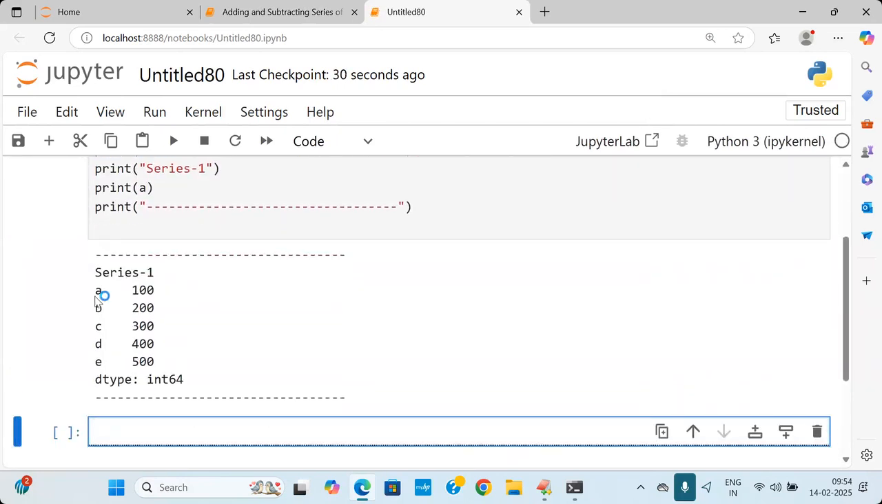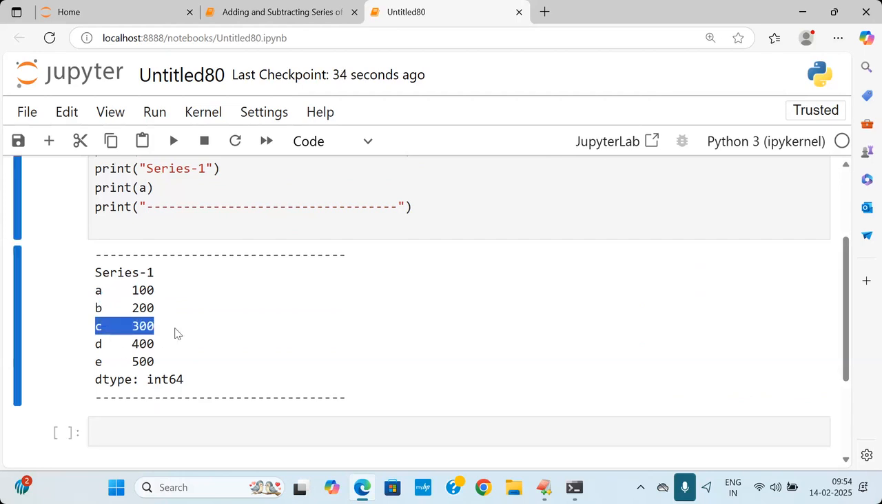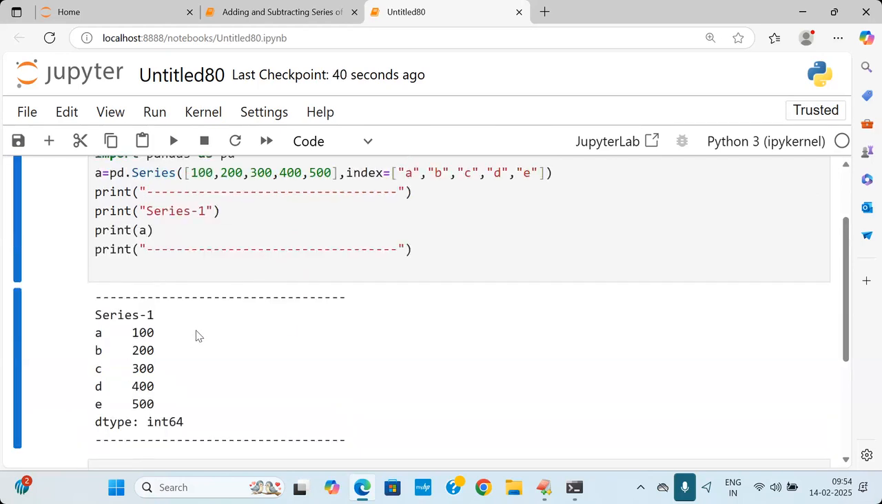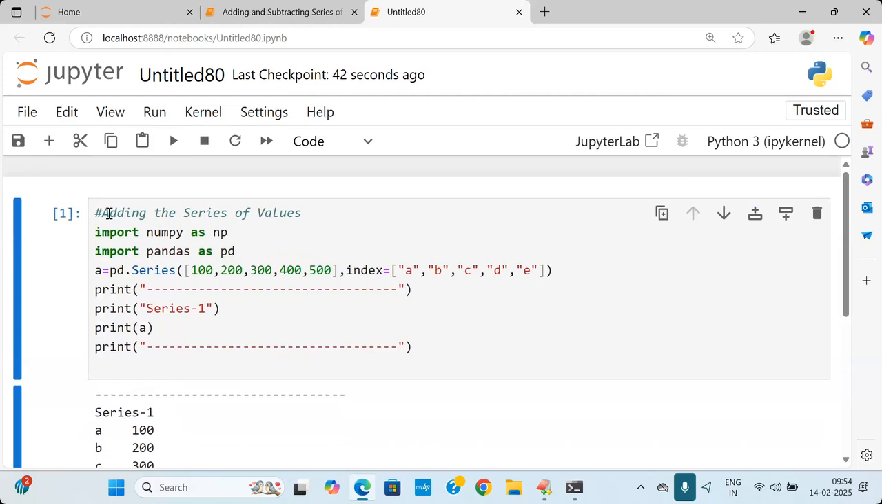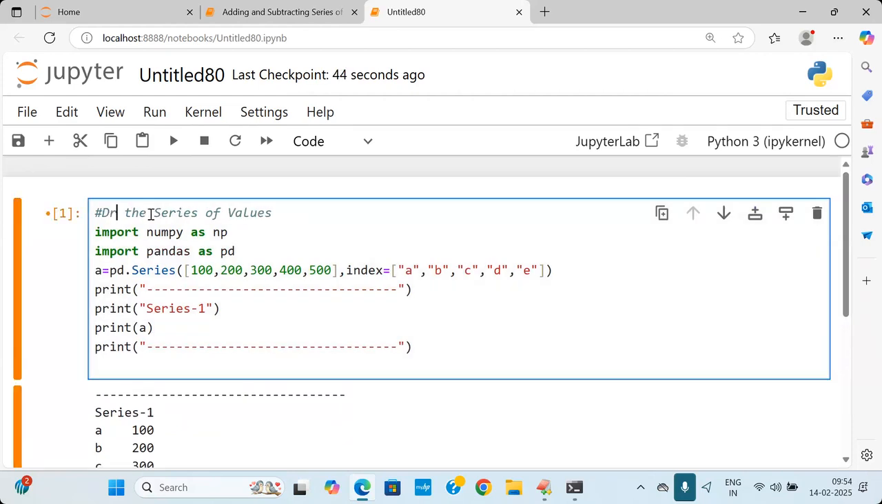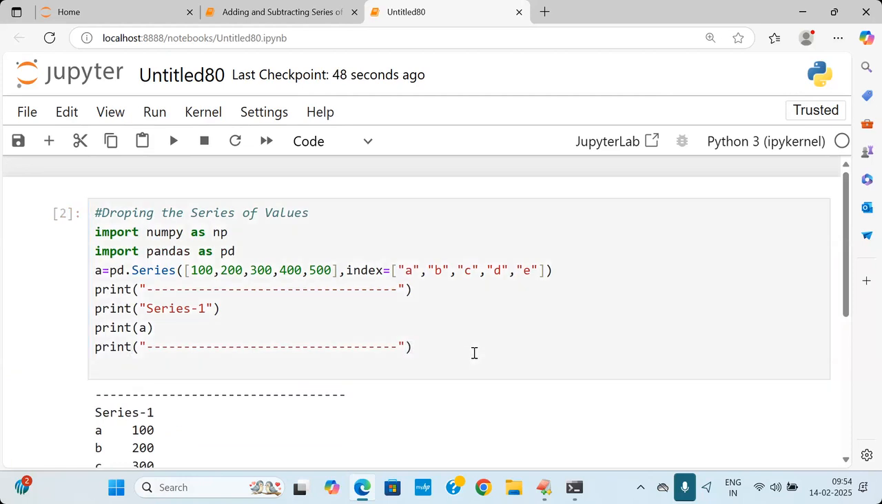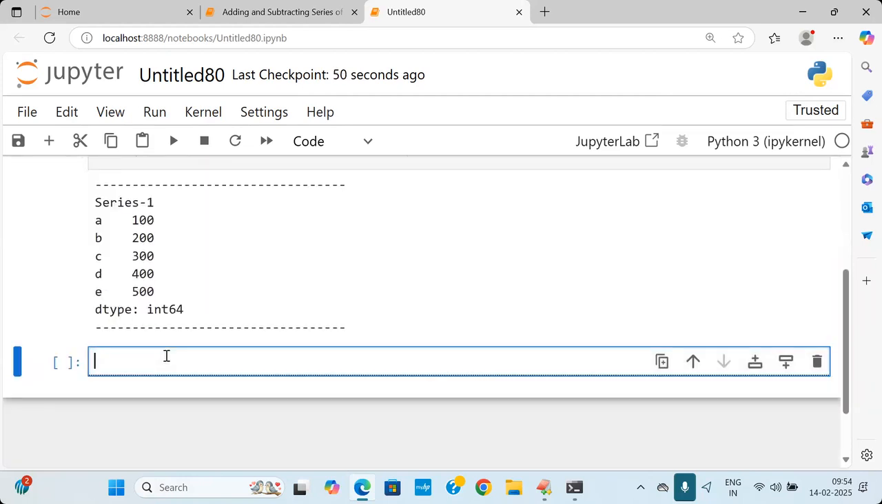Dropping means what? Removing only. Dropping means removing. So which entry do I want to remove? The entry called C. C entry I want to remove. So to drop, dropping the series of values. To drop any value from series,